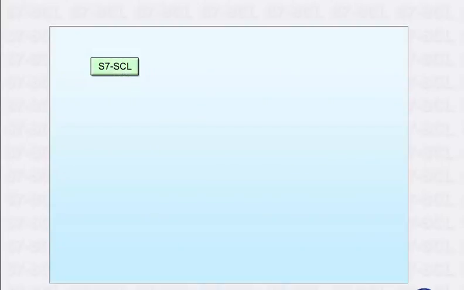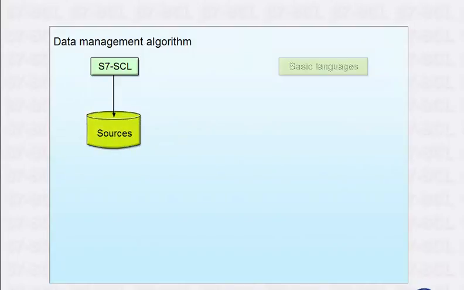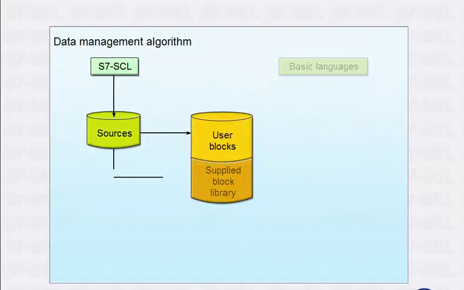Taking a simple example, we will show you how you can combine blocks created with S7 SCL with blocks created in the basic languages. What we have to do now is realize a data management algorithm. Using the S7 SCL editor, the functionality is implemented in so-called S7 SCL sources. Here you can use function calls to access existing user blocks, the block library supplied, and system blocks that are